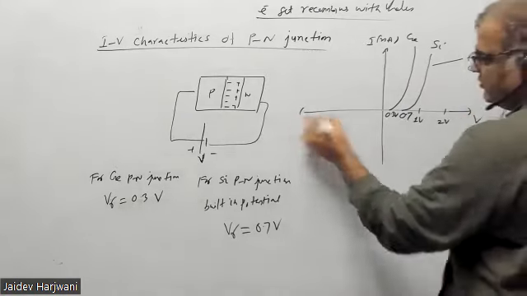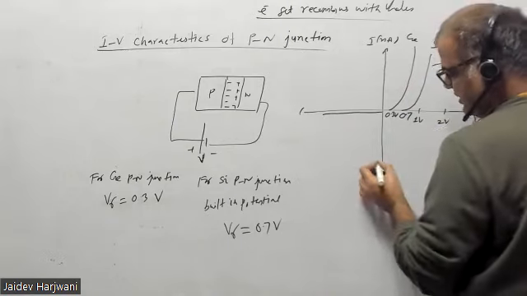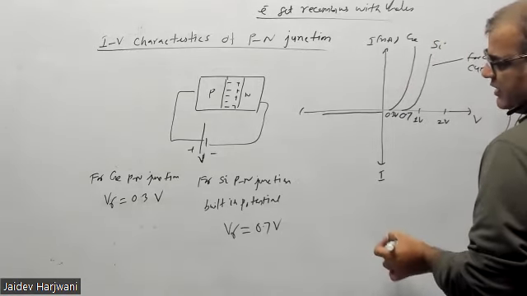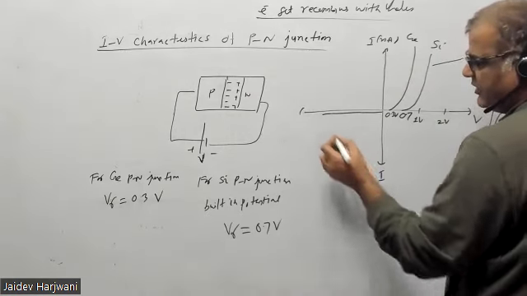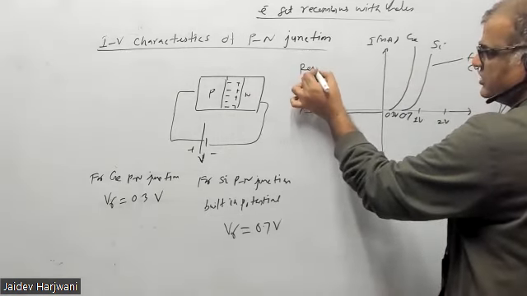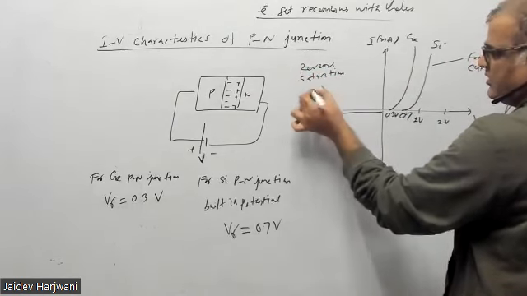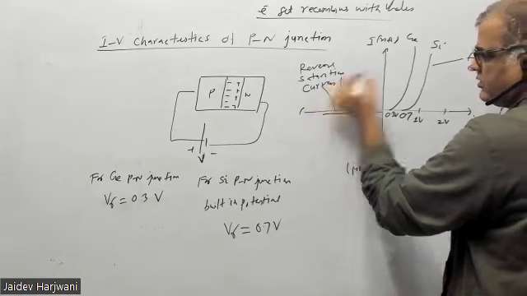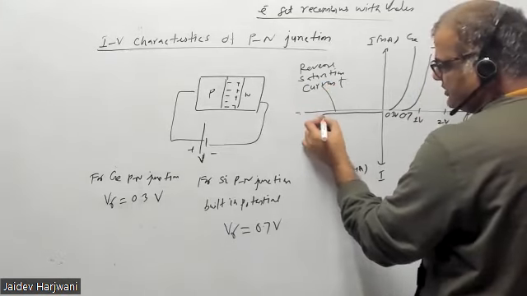If I go negative, there is a reverse current, whose value is very small. This is a reverse current, in the negative, opposite direction, and this current is in microamperes. This is called the reverse saturation current. And at a particular voltage, say VR,